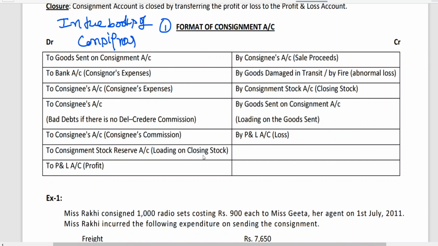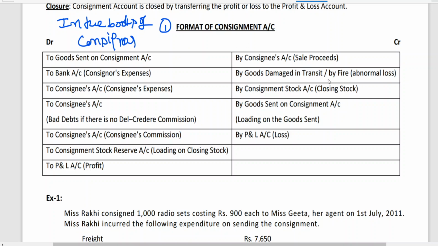Whatever we have learned so far, half an hour class, very simple. 2 minutes you can complete. Consignment to consignee. So no need to panic about this. Sir, entries I have to give. It's my duty to give the entries. But I think finally this is important. Consignment to consignee commission. Now, consignee to consignment sales.